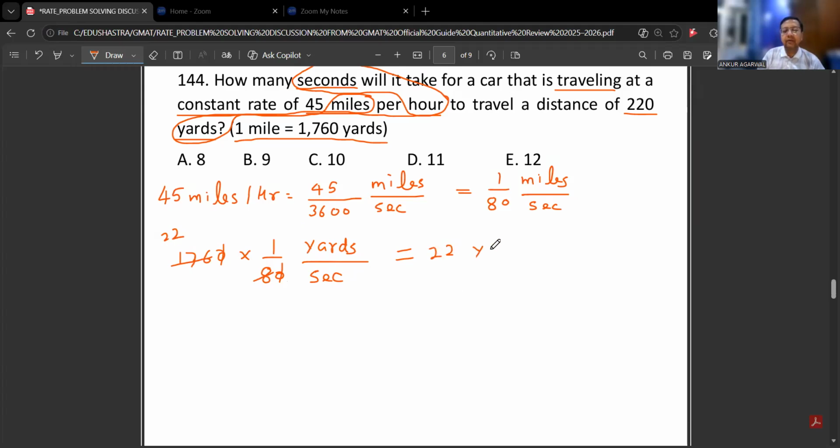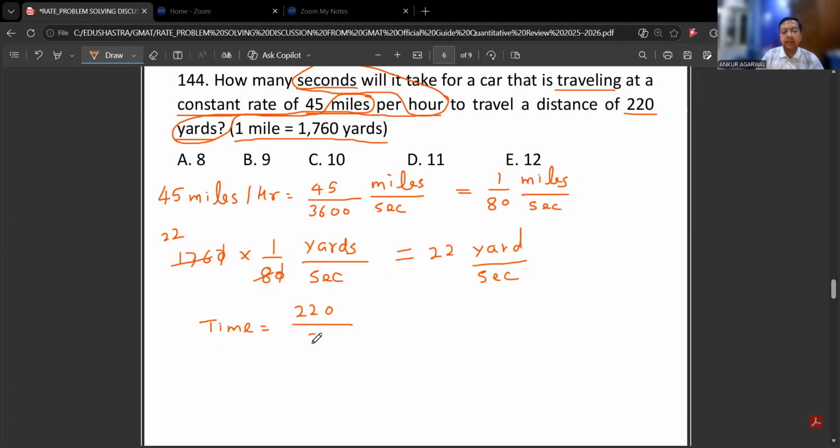22 yards, right? This is what? Per second. Done. Now, this is now your speed. And you have to move how much? 220 yards, right? So how much seconds you are taking? So you are calculating the time, and this is coming out to be